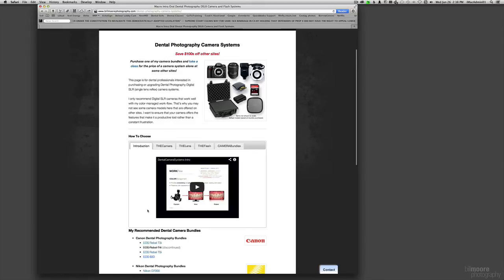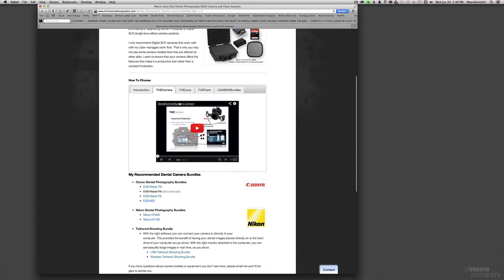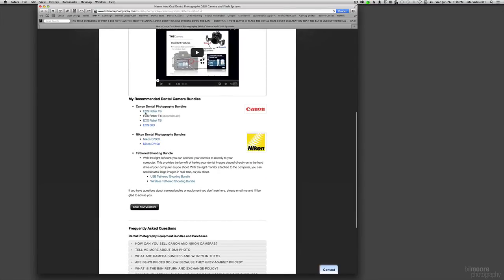One is an overview of what I'm offering here, and then a couple of tabs that you can click through. One has a video on what to look for, the features I think are important in the camera body, the macro lens, and the macro flash, and then I have a little overview of my bundles. But from this page you can see I've got the bundles broken out by